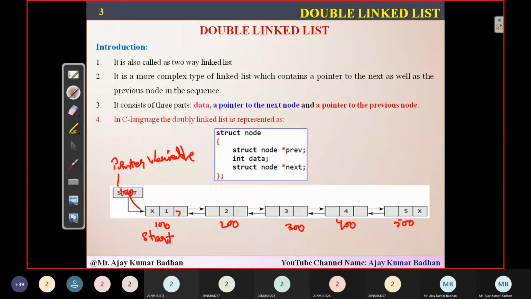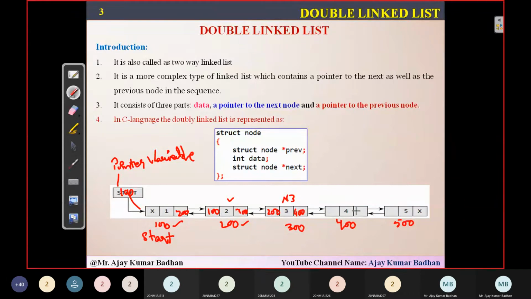So here it will consist of 200 because of next. Now if you come to this node, it has next, which will consist of address 300, and there is a previous. Previous should consist of the address of the previous block, which is 100. That 100 should be present here. In the same way, this is node number 3. Its next block will consist of the address of the next node, that is 400, and its previous will consist of the address of the previous node, which has address 200. So I'm going to write that 200 here.